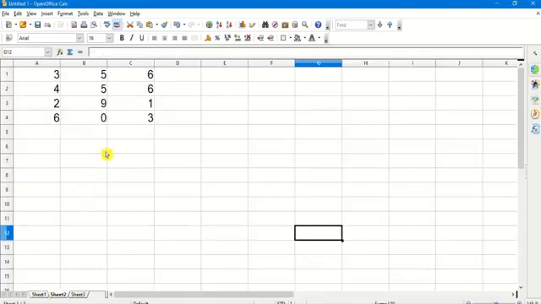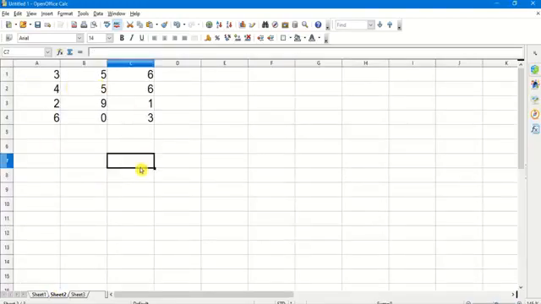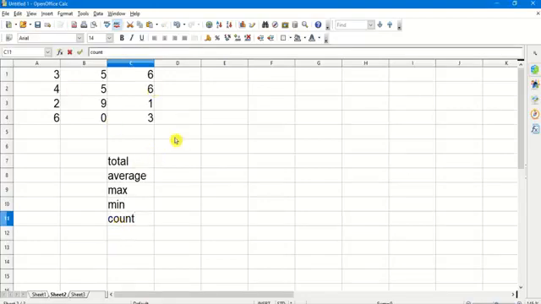Now here we can practice the same thing again in this range. I want to find out the total, the average, the maximum and the minimum, and also I want to find out a total count of the number of entries over here.